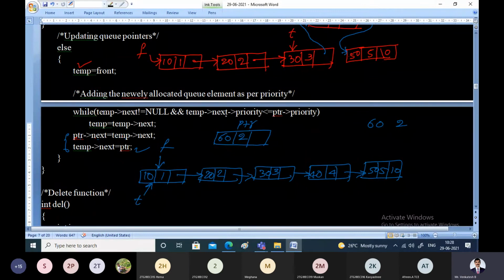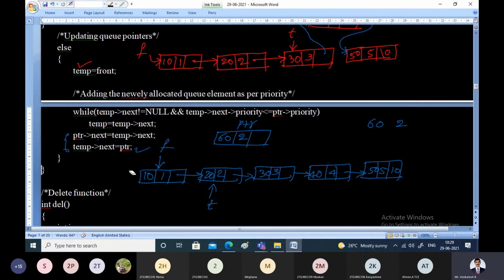And temp pointer next pointer priority is less than or equal to PTR pointer priority. What is temp pointer next pointer priority? It is 2. Is it less than or equal to PTR pointer priority, 2? 2 is less than or equal to 2. Yes, condition is true. That means we will take temp to the next node. Take temp equal to temp pointer next.